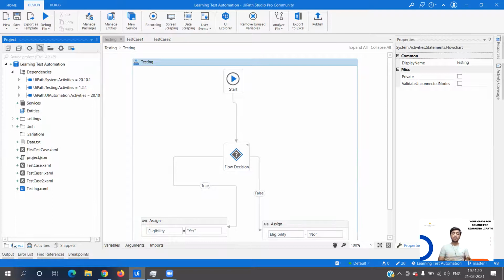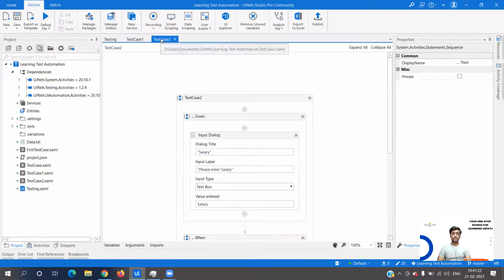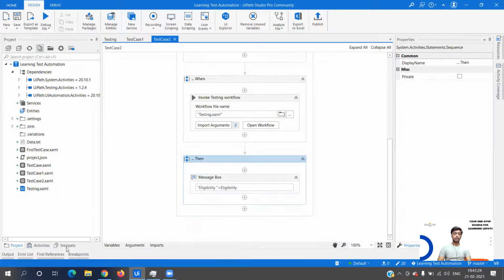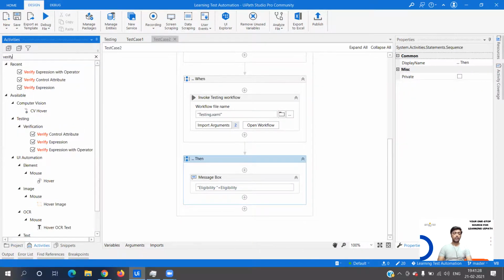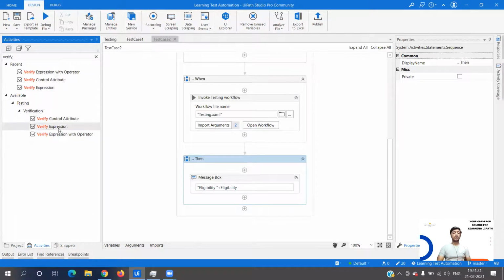The output in Then can also be verified using the verify activities, but I did not feel the need to use them here because we were just trying to understand the concept. Once we have understood this concept, when we implement some complex use case and create a test case out of it, we will be using this as well.